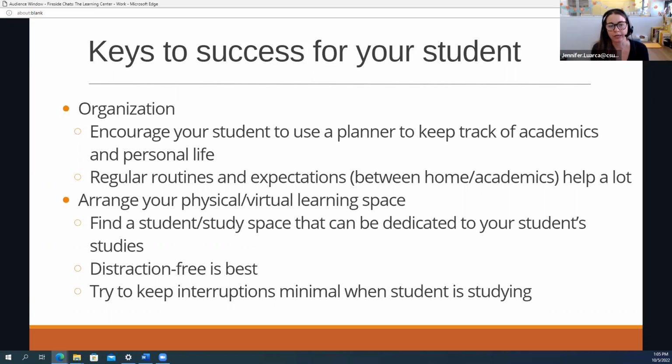So first and foremost, we really want to emphasize the idea of organization as it comes to time, but also as it comes to space. Organization is a really strong key to supporting your student and for their ability to manage all of the courses, if they're working, personal lives, right? We need to have that organization under our belt. So if your student or your son or daughter is not using a planner already, and they're mentioning some challenges keeping track of all that they have going on, encourage them to use a planner.